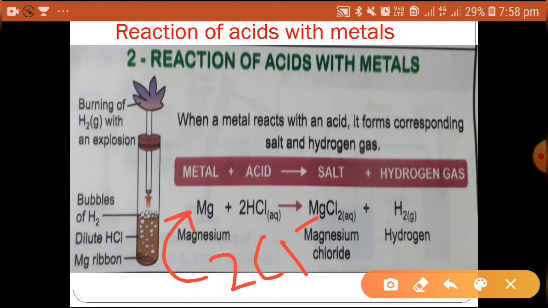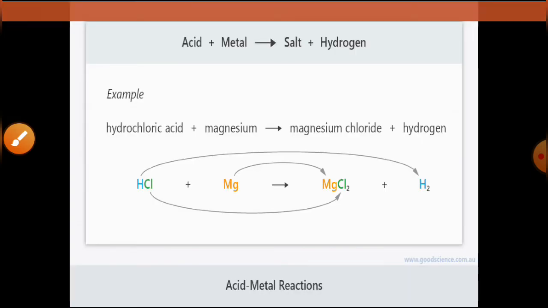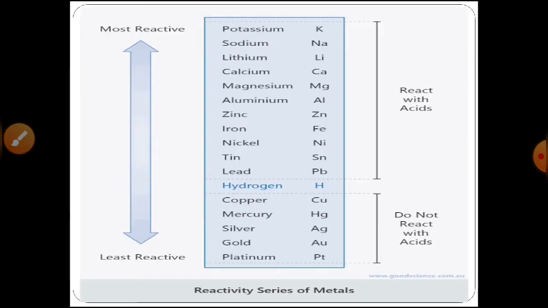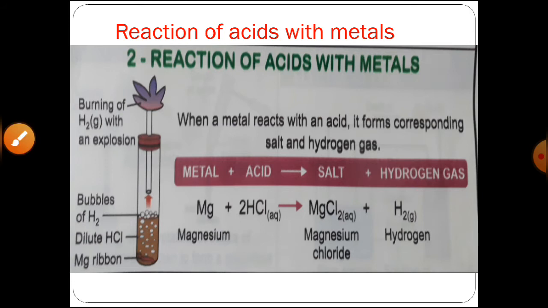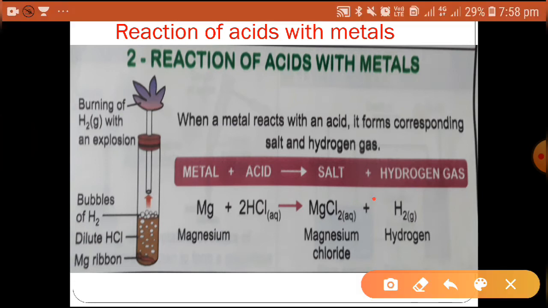Means metal is electropositive in nature, and it is combining with the anion. See, Mg is positive in nature because metals are generally electropositive. They lose their electrons to complete their octet. So this magnesium is reacting or combining with these two chlorines to form magnesium chloride, that is salt. It is a salt of magnesium. So this is nothing but salt, magnesium salt.